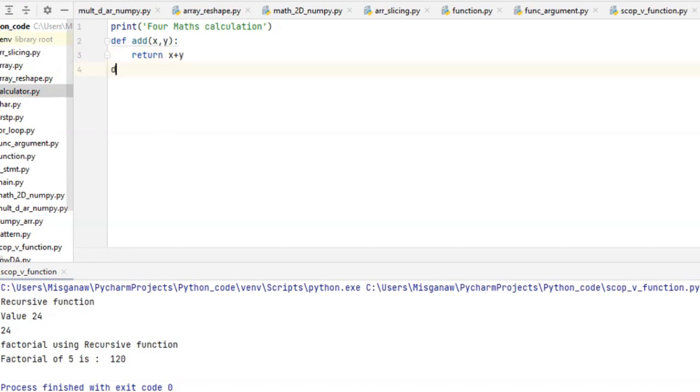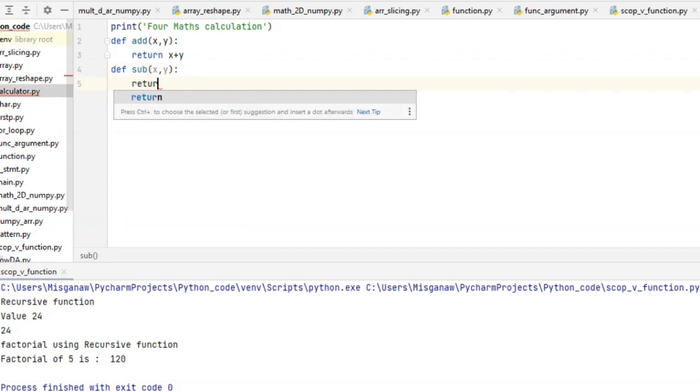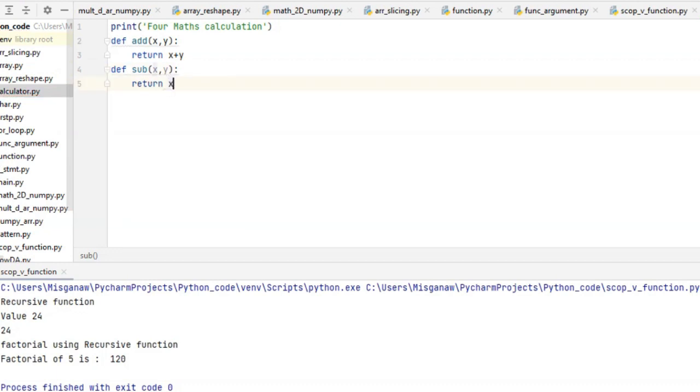Then another function, sub, for example, with x and y, returns x minus y.